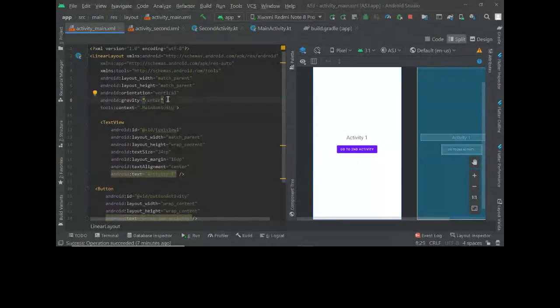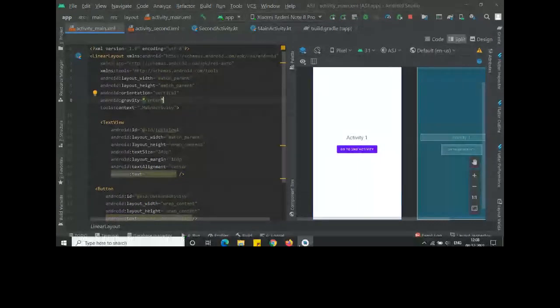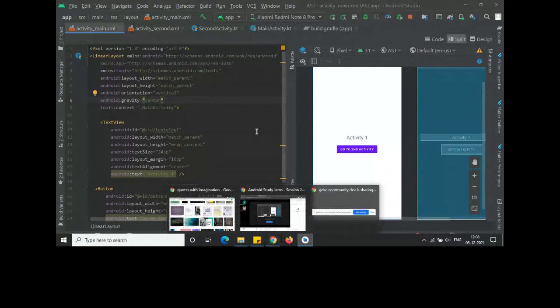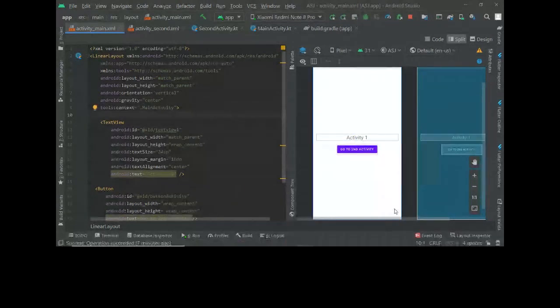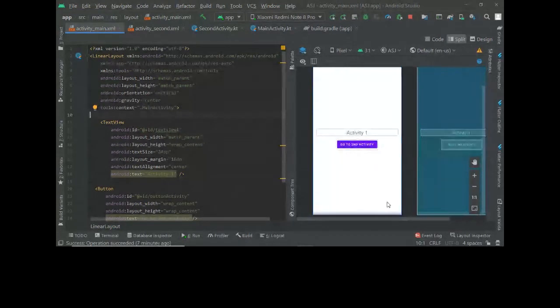But if you want to fix one of this here, one of that there, and all of that, it is much easier to do using constraint layout. For some apps you might have seen an add button here if you want to add something. For all of that, you can constrain it to the bottom and here with some margin.